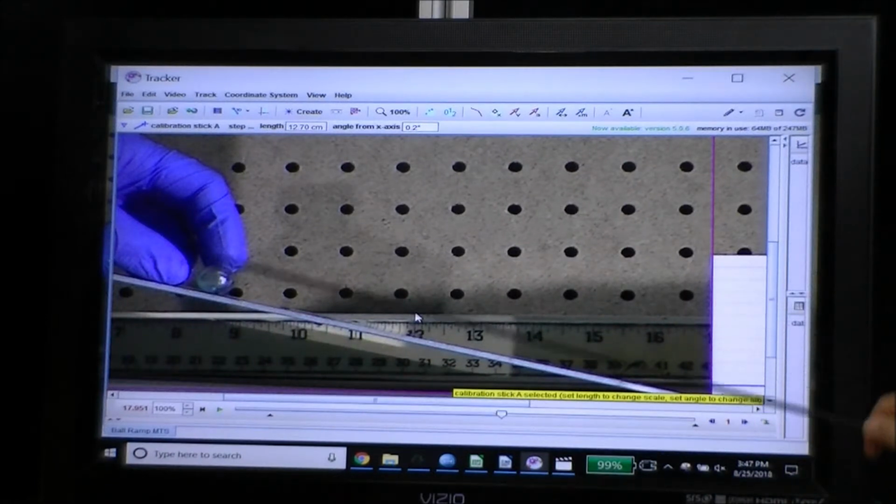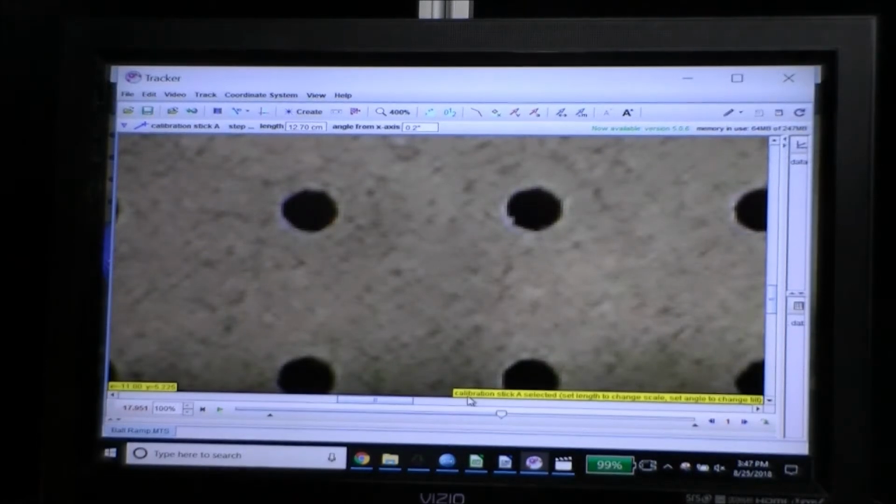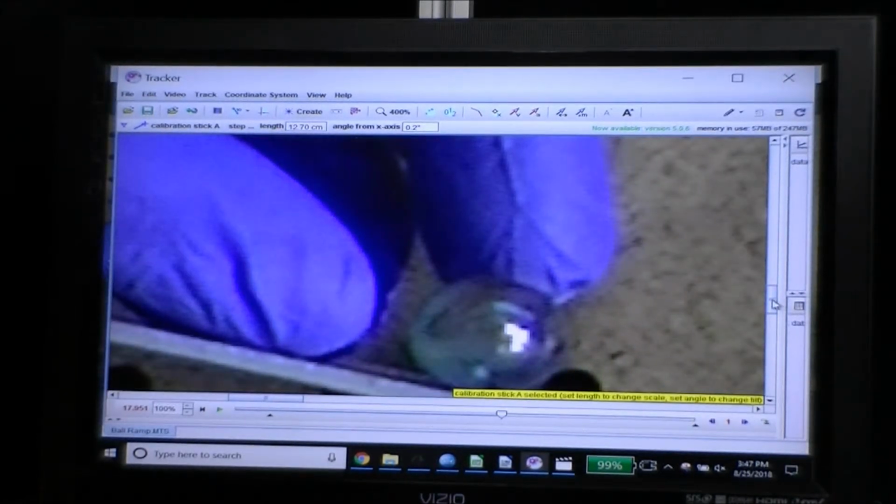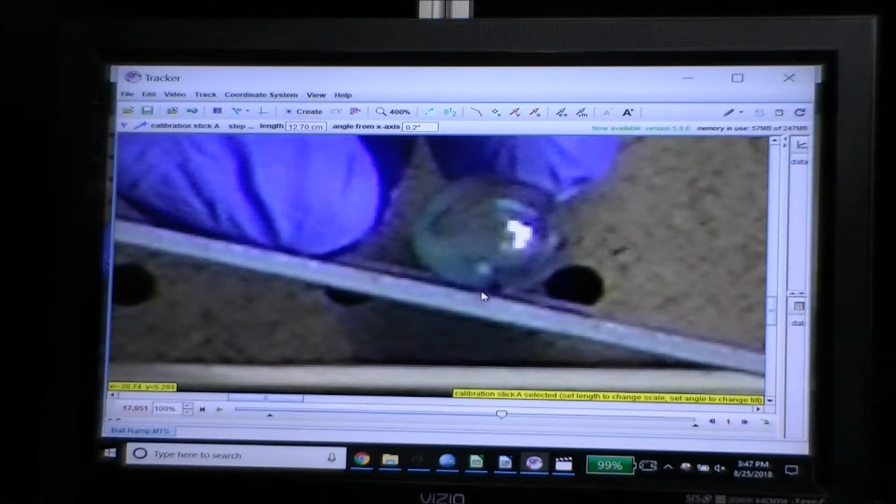Okay, now we've found the frame right before the marble is released from the 4th tick mark. So we can go ahead and zoom in to 400%, find the bottom edge of the marble to establish the height, and that's 5.288 centimeters. And now we can